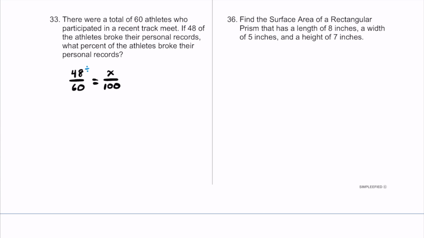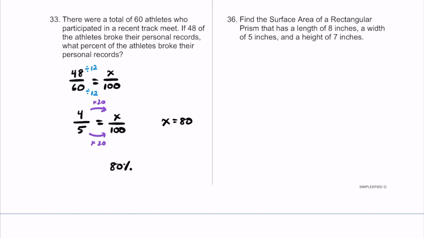On the left side, let's see, we can divide these both by 12. You can go ahead and do that GCF work on the side if you need to. 48 divided by 12 is going to be 4, and then 60 divided by 12 is 5. So we have 4/5 is equal to x over 100, and then 5 multiplied by 20 is 100. 4 multiplied by 20 would be 80. So x would be 80, and if it's 80 over 100, it would be 80% of the students broke their